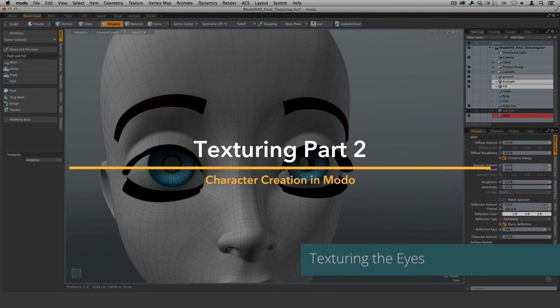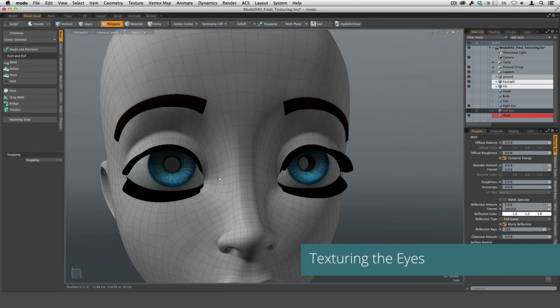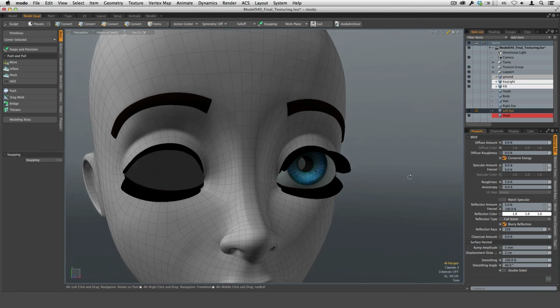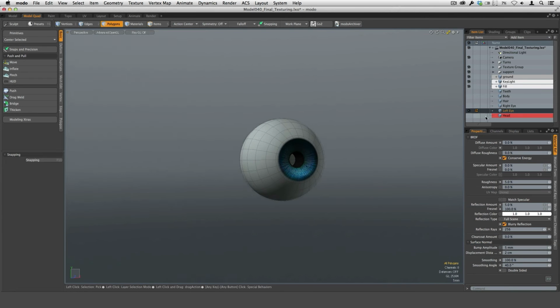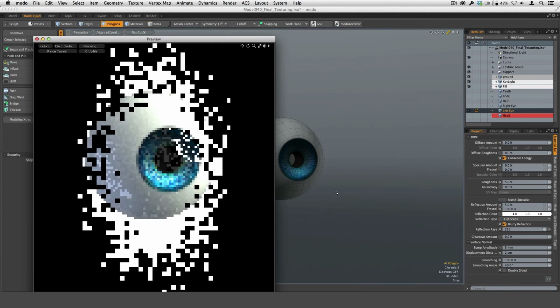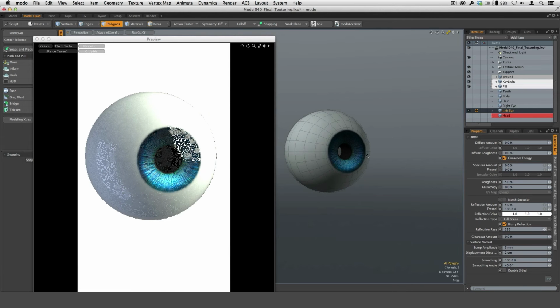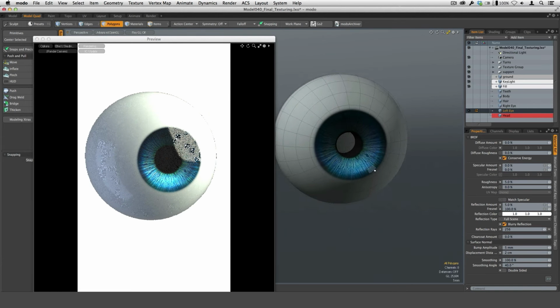Alright, so next let's work on the eyes. We're only going to have to create one eye, and then we'll just mirror that over. So I'm just going to hide the right eye right now, and I'm just going to hide the head. I'm going to bring up preview by hitting F8 on the keyboard, and let's have a look at the textures